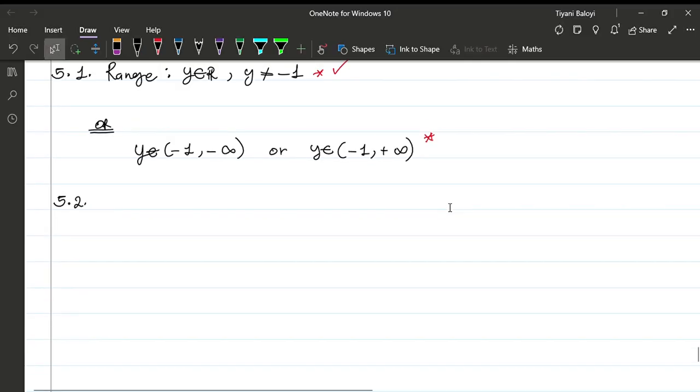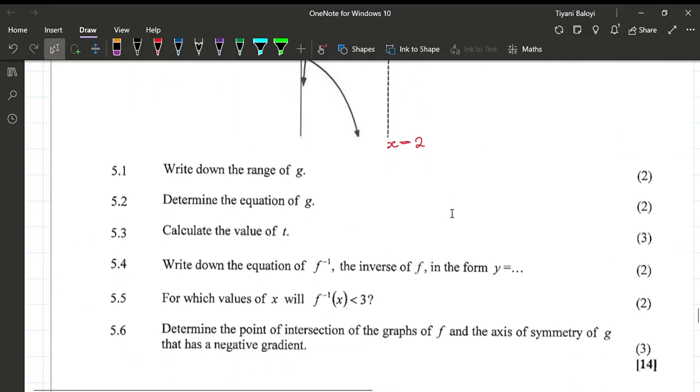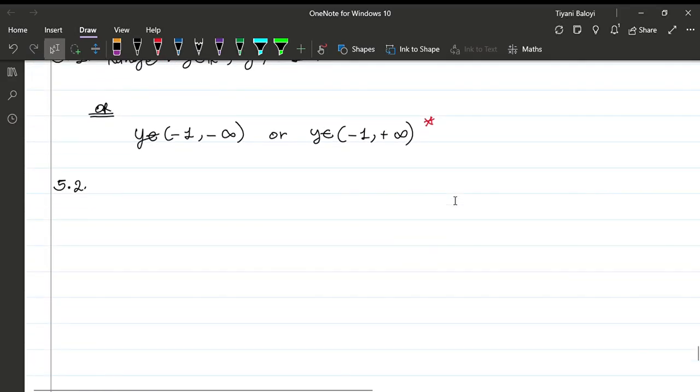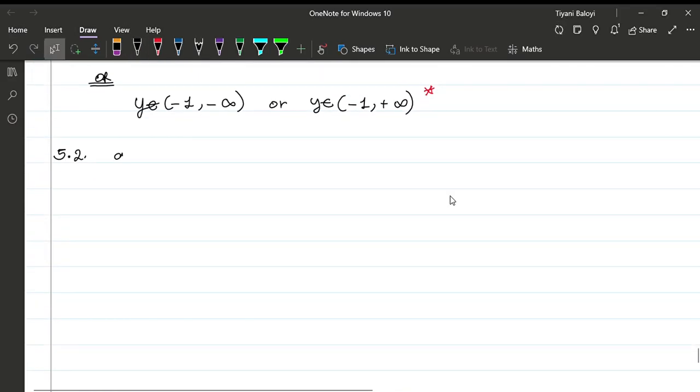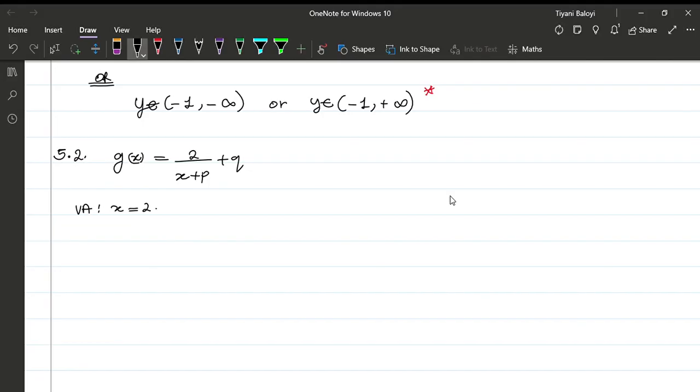So 5.2 says determine the equation of g. We're given that g of x is equal to 2 over x plus p, plus q. We've already determined that our vertical asymptote is x is equal to 2. I've said that this is equal to minus p, right? And your horizontal asymptote is y is equal to -1, which is equal to q. Therefore,